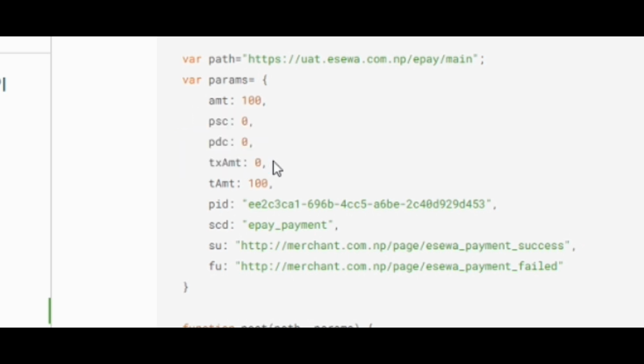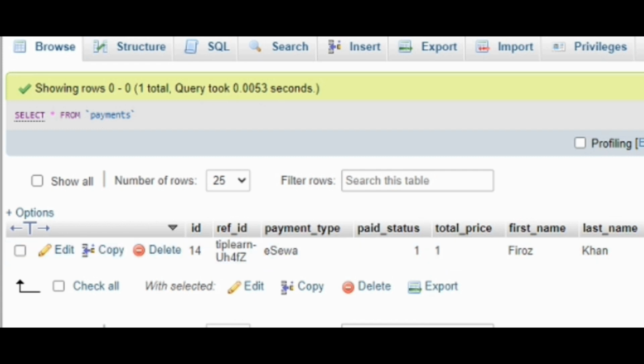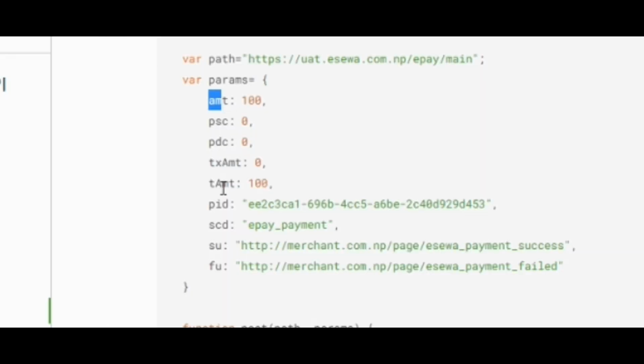It will neither be null nor be empty. Okay, and we have to pass the value as 0. It is mandatory. And for TAMT, it means total amount, which will be equal to AMT. It means that we are having the total price as in AMT. So in TAMT, the total amount, we will have the same value as amount. Okay,